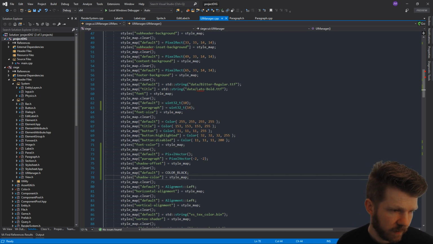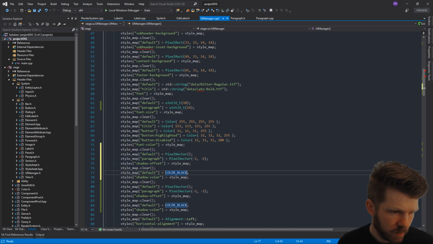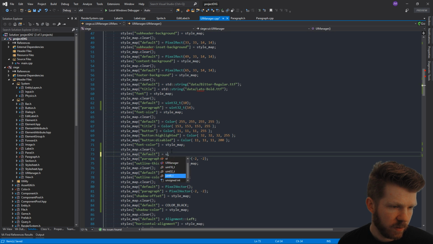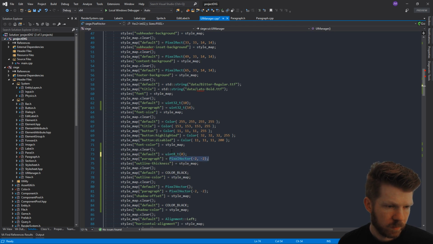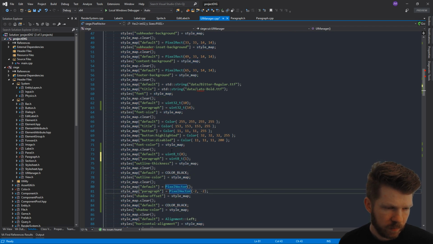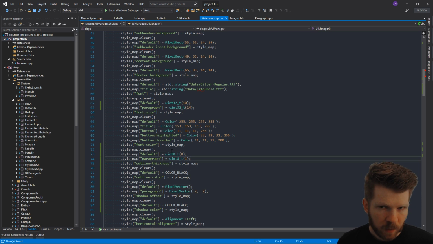Right now though, we could just do like a hacky version. Maybe. Shadow color. Let's do outline color. And what was the other one? It was outline thickness. Yeah, I need to do more research on that. So this needs to be a UNT 8 0. Yeah, I don't really know how the thickness is going to work. I don't even know if I really ever